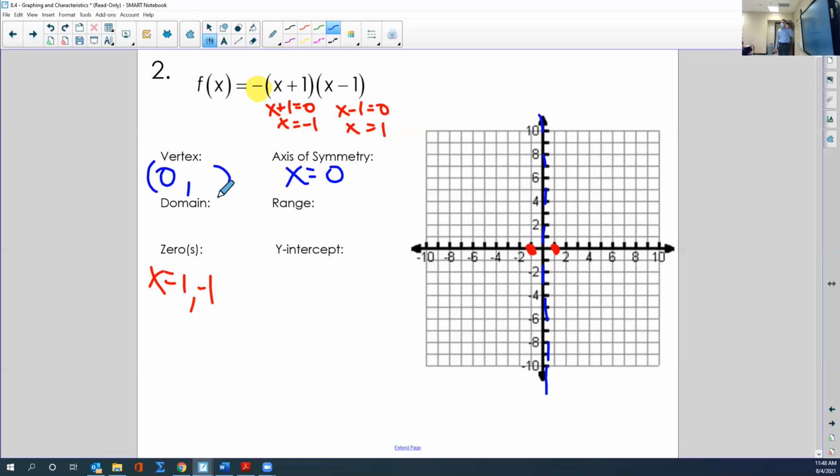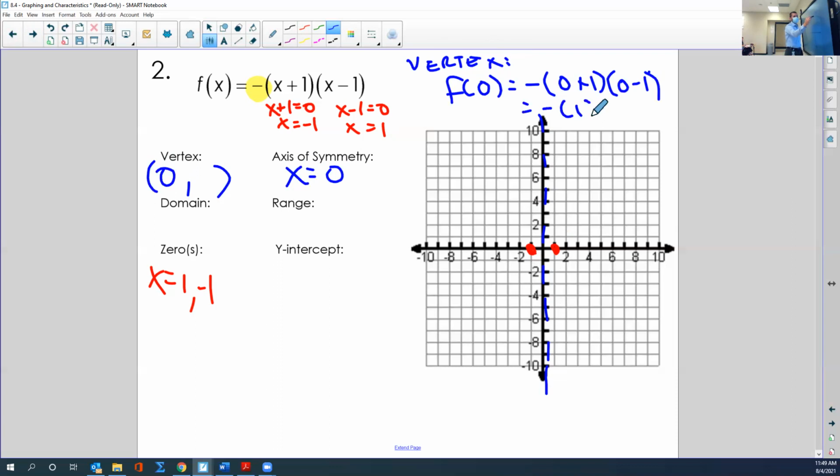If we know that, we can find f of 0 now. So this is for our vertex work. And I'm kind of going all over the place. But f of 0 is negative 0 plus 1 times 0 minus 1. That's going to be negative 1 times negative 1, which is going to become positive 1. So we have the vertex at 0, 1,